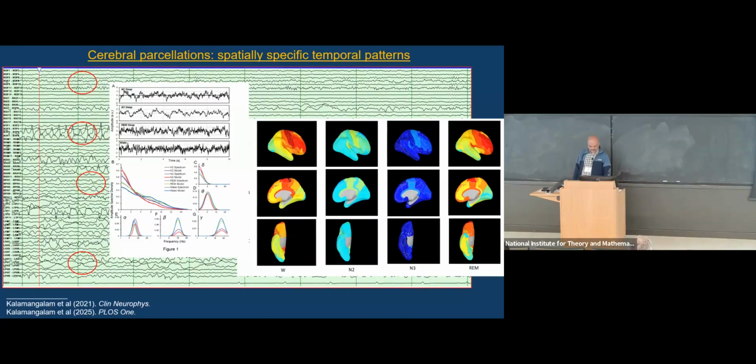You can make things precise, and this is some work we published more than a year ago, where, how do you abstract this? How do you make an intuitive picture of how brain waves look from place to place? This is EEG that looks a little bit different. This was intracerebral EEG, but you can parameterize it, and we did this with a mixture of Gaussians of the power spectrum, turn the parameters into colors, and you get maps like this that look very nice, I hope. And this is in fact the person going to sleep, from the waking state. So the parameters turn into colors, and this just graphically tells you